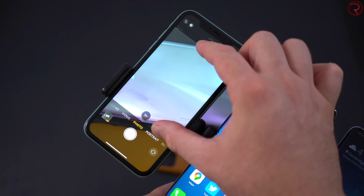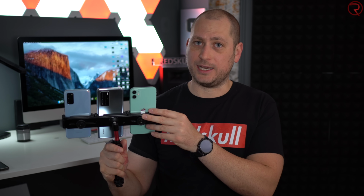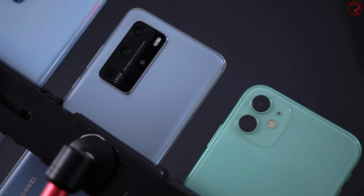But keep in mind that for the zoom pictures, on the back of the iPhone 11 we don't have a telephoto lens. If I would have had the iPhone 11 Pro, well, that one does have a telephoto lens. So the zoom pictures that you're gonna see aren't exactly a fair comparison because, well, this one doesn't have a telephoto lens. I'm also gonna show you a bunch of daytime and nighttime video recordings, so you can see which